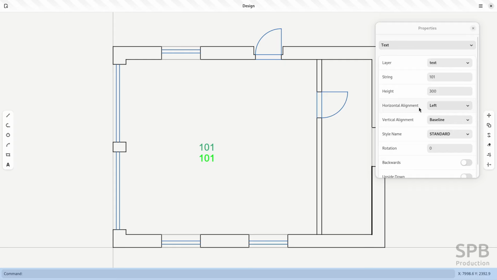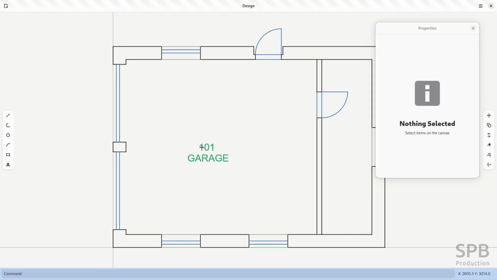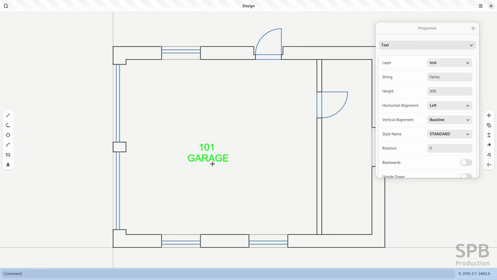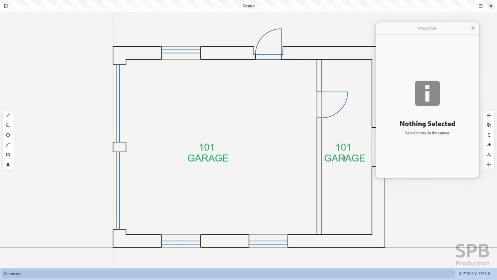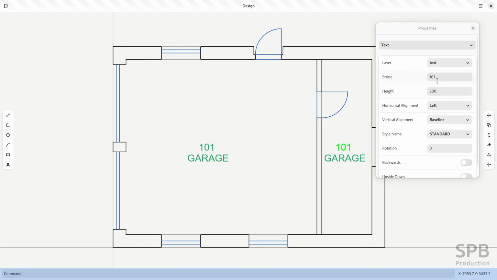And to change the text, I will change the string. So I will change it to garage, hit enter, and now I can also still move it like so. And then I can select both of these and copy them up here and change this one to 102, hit enter, and select this one and hit escape to deselect everything. Select this one and change it to storage,